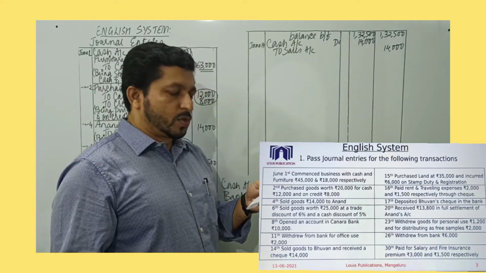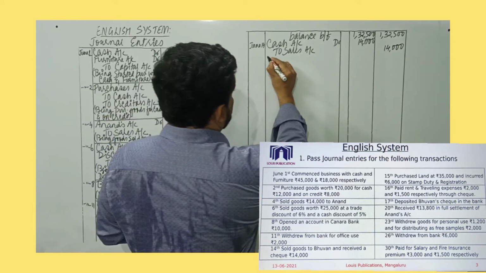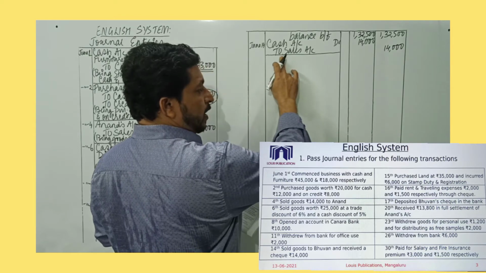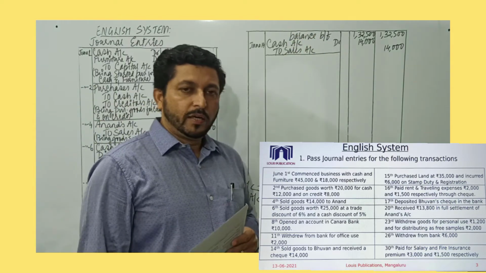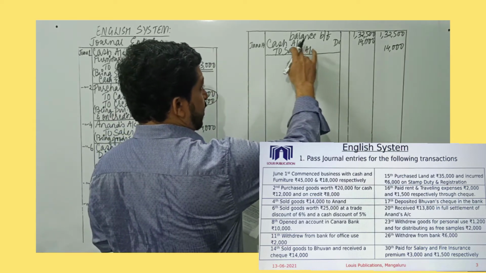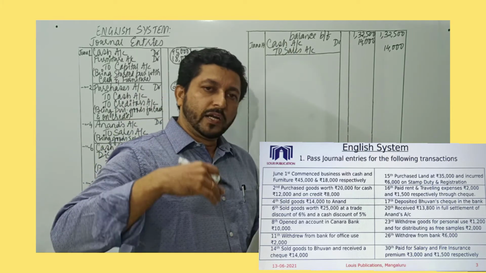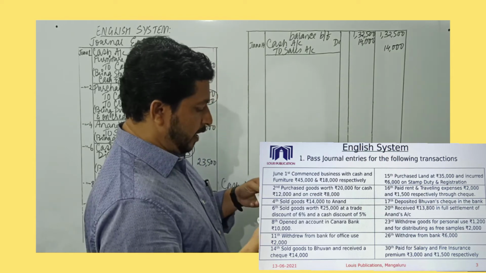Credit amount column. So narration is supposed to be written. Since there is limited space, I am not writing the narration, but it will start with the word being. Being goods sold to Bhuvan. Being goods sold to Bhuvan and check received. You can make a mention of that. Though the word check is there, we use cash because check is received on one day, but it is deposited on another day. So cash account will be used instead of bank account.